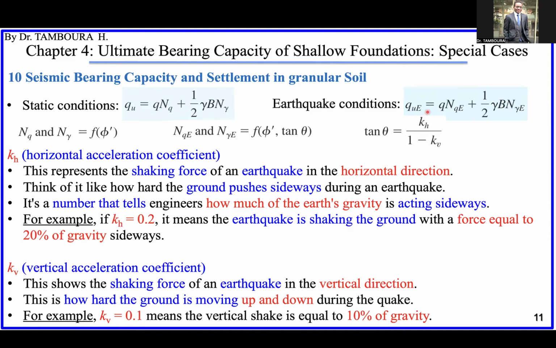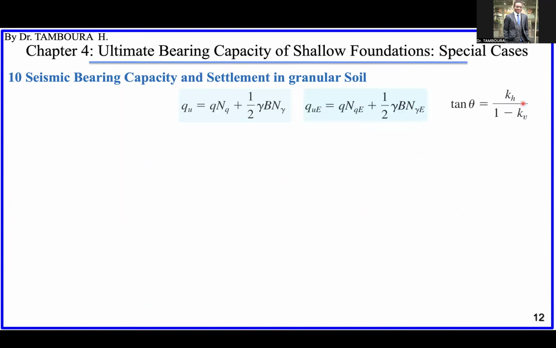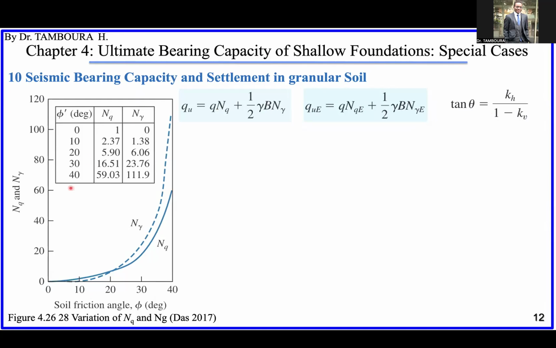So we need this value measured during an earthquake to estimate the bearing capacity, in this case, under seismic conditions. Okay, so I will put this here. This is showing us the variation of